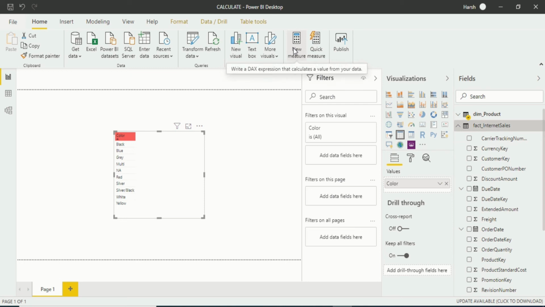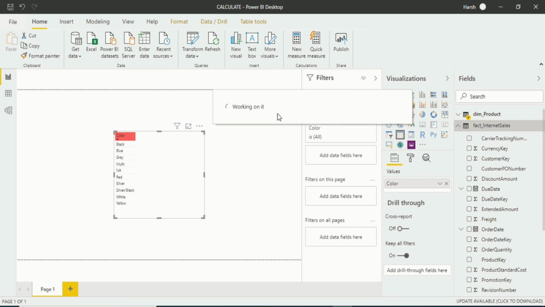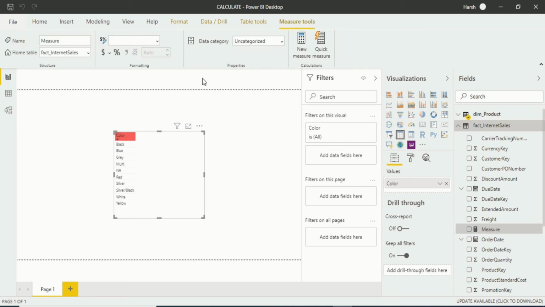We will click on New Measure, and just after clicking, you will see a new measure entered and a text expression will be available for us to write. So you can see now we have a DAX expression.